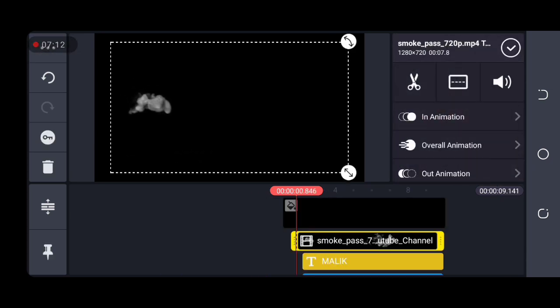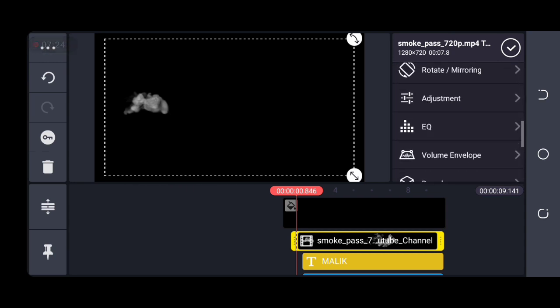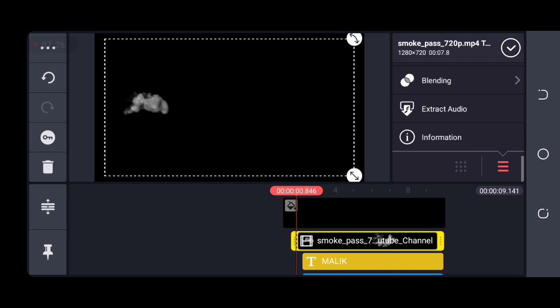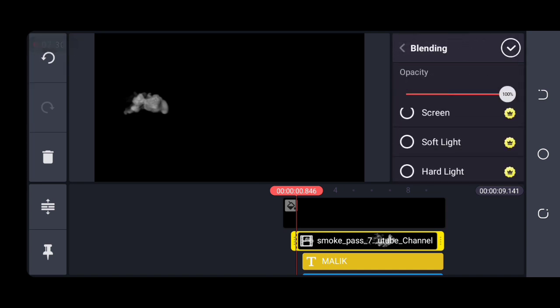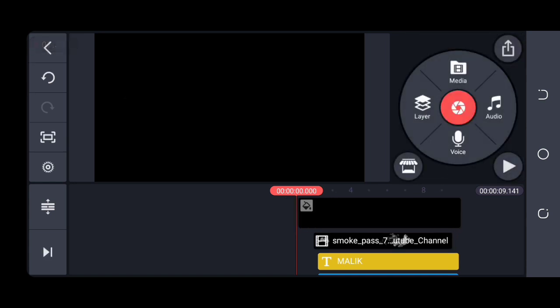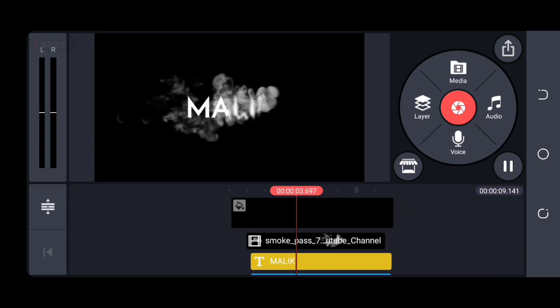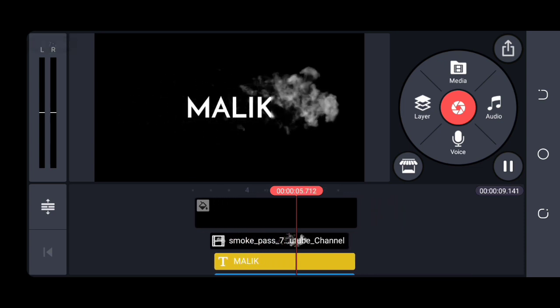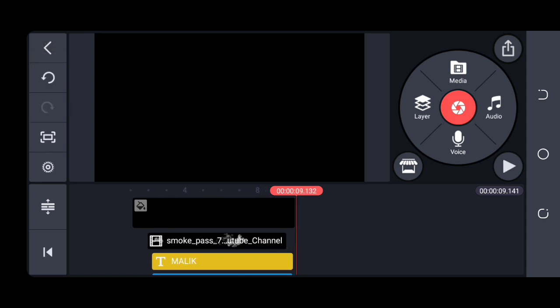Scroll down the option bar. Click the blending and select screen option. You can